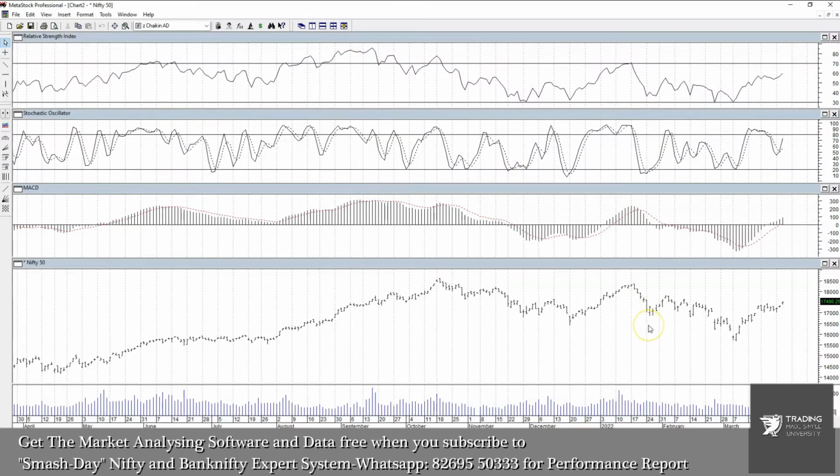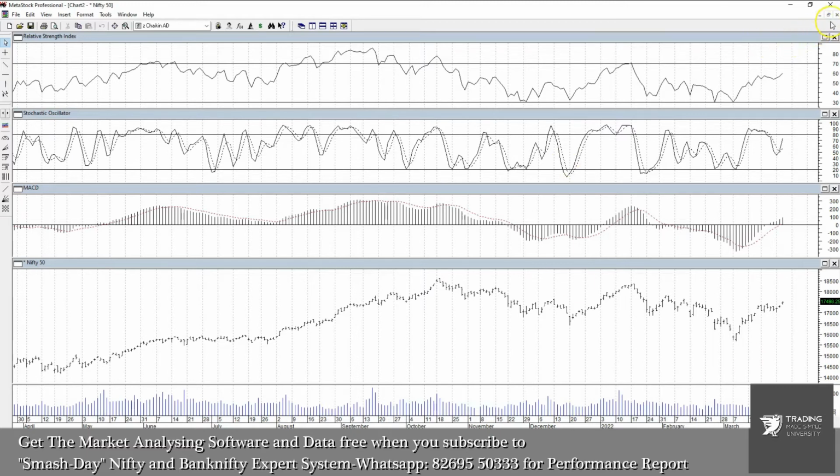Some popular indicators and oscillators come up. They are already predefined, right? So you don't have to plot the RSI, the stochastic, the MACD indicators all over again. These are technical indicators that are extremely useful for technical analysis purposes, and we plan to analyze all these things. But for the time being, we are limiting this video to only the basic introduction part of